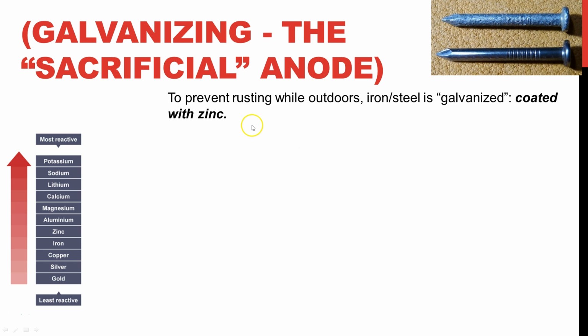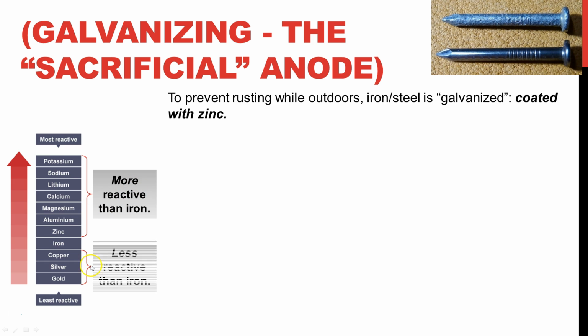Why zinc? Well, zinc is more reactive than iron. All of these, potassium, sodium, lithium, calcium, magnesium, aluminum, and zinc, are more reactive than iron, whereas copper, silver, and gold are going to be less reactive than iron. Iron is the main ingredient in steel here. You want to coat it with something that is more reactive. If you put something that's less reactive on the outside of it, the iron will still rust. If I put something more reactive on the outside, this is going to react and almost break down to protect